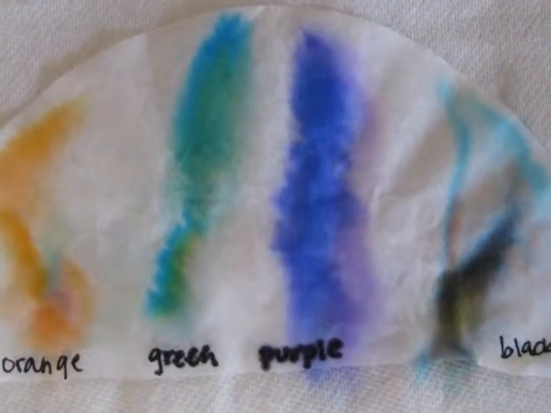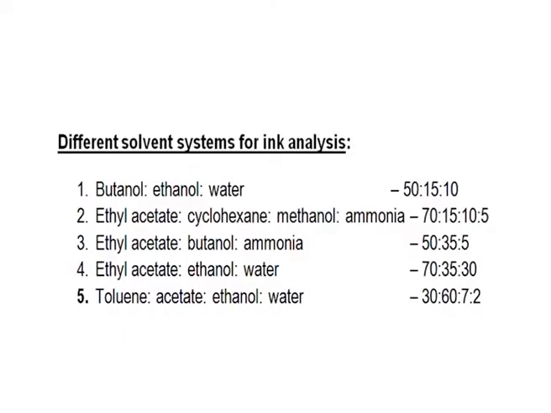RF value is defined as the distance travelled by the component divided by the distance travelled by the liquid mobile phase. The different solvent systems for ink analysis include butanol to ethanol to water in the ratio of 50:15:10. The next solvent system that we have is ethyl acetate to cyclohexane to methanol to ammonia in the ratio of